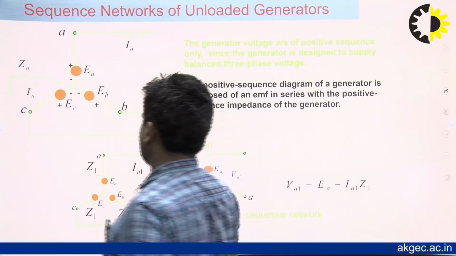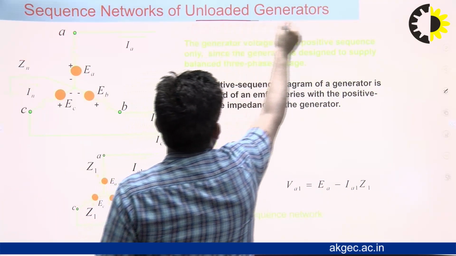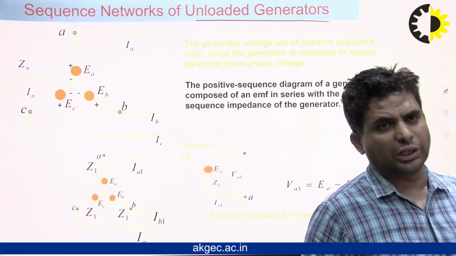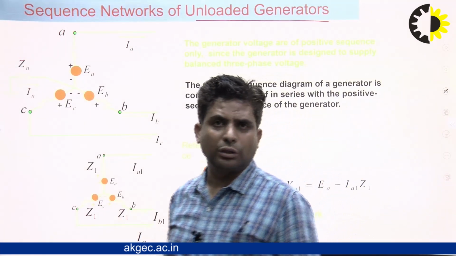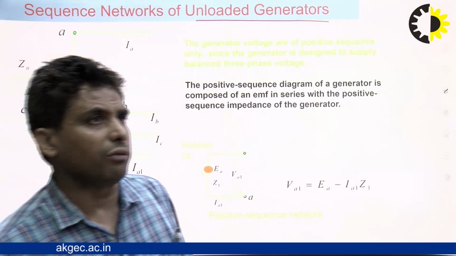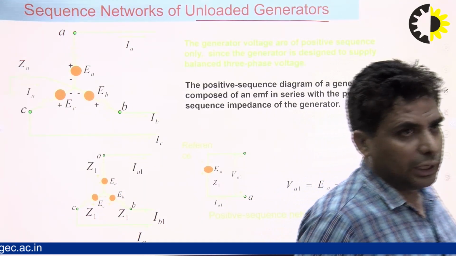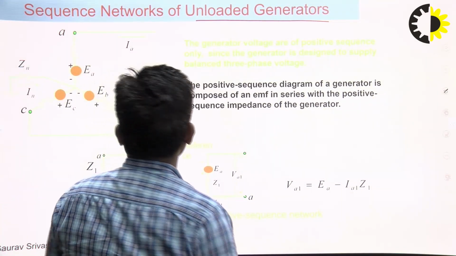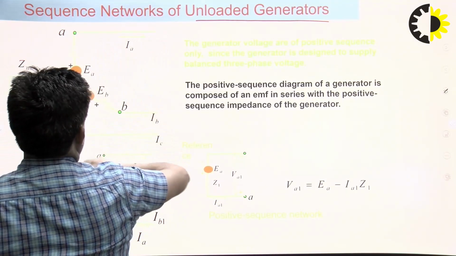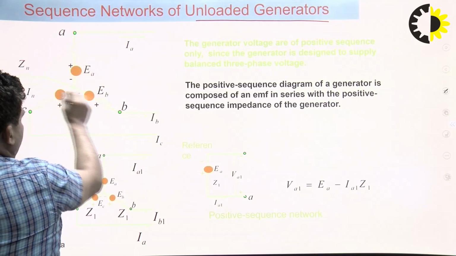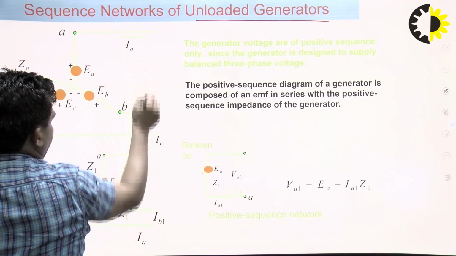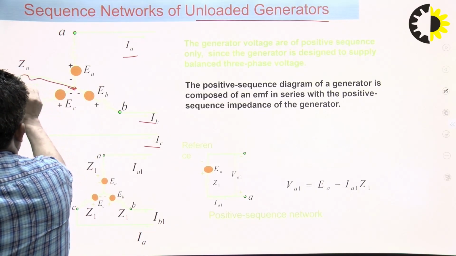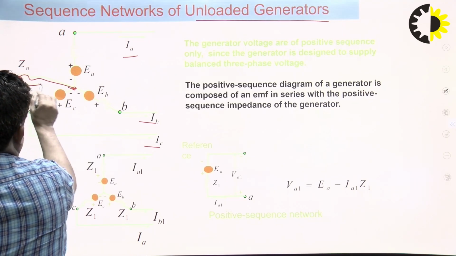Now we take as an example the unloaded generator. First we discuss the generator case, and then we go for the transmission line or the transformer. These are three types of components, and for each component we have to find the sequence networks and their equations, or the impedances used here. Here there is an unloaded generator with phases A, B, C. There are currents flowing in the phases, IA, IB and IC, and the neutral point is connected to ground through a neutral impedance. There is a neutral current flowing in the circuit.